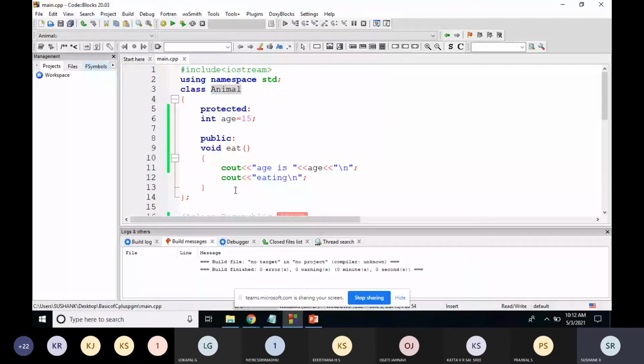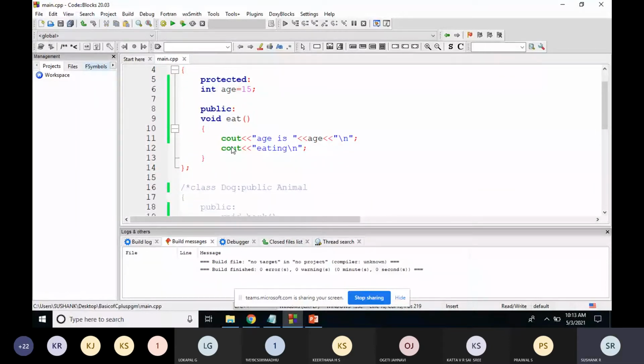For example, I made a variable age protected in the animal class, so it can be accessed by the member functions of the animal class, and it is accessible to the inherited classes, the derived classes, the classes which have inherited animal.